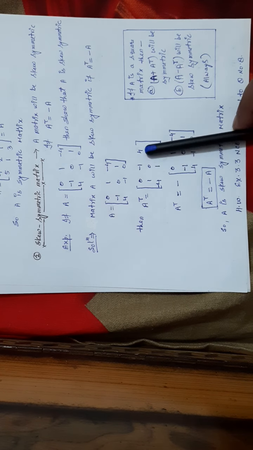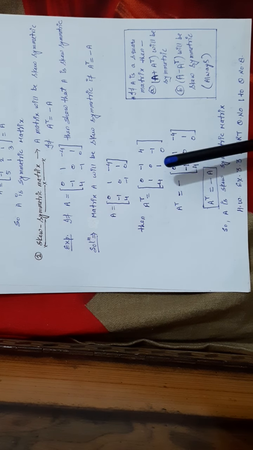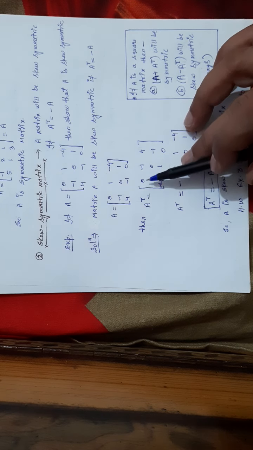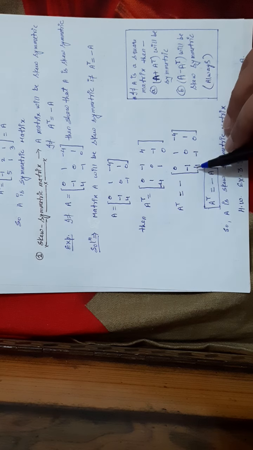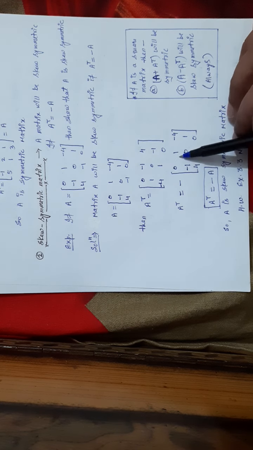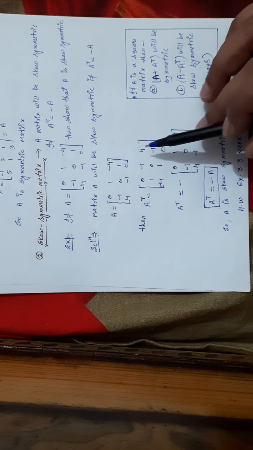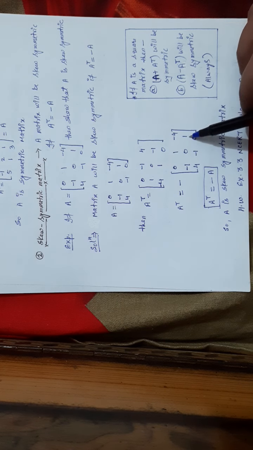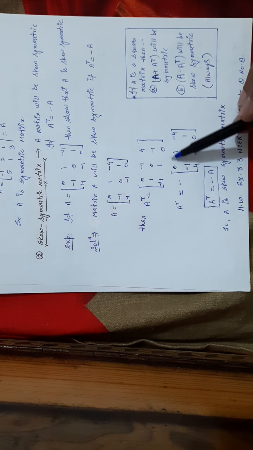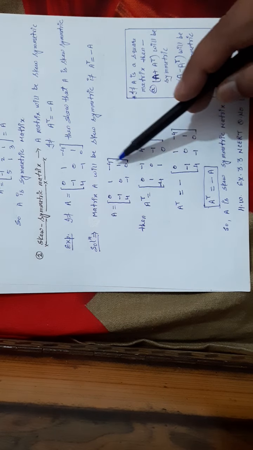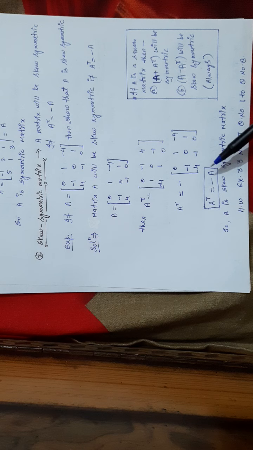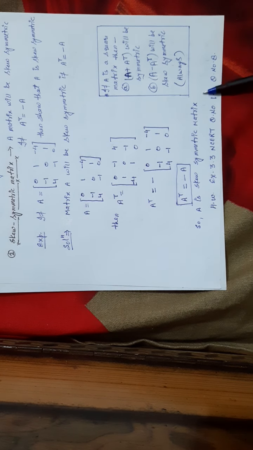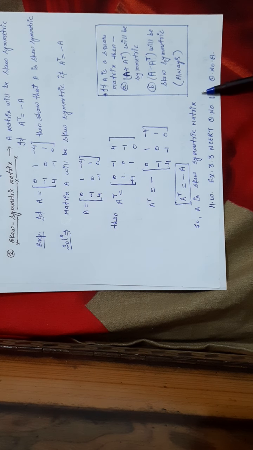Okay, now taking out the negative sign as common from each element of this matrix, we have 0, positive 1 will be negative 1, negative 4 will be positive 4, plus 1, 0, minus 1, minus 4, plus 1, 0, and this is the original matrix A. So A T equals minus A. This is the condition for a skew symmetric matrix. So A is a skew symmetric matrix. Clear?